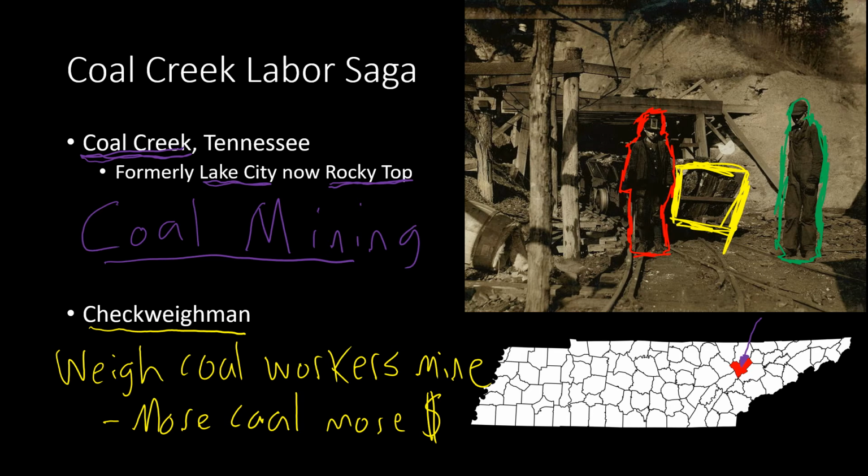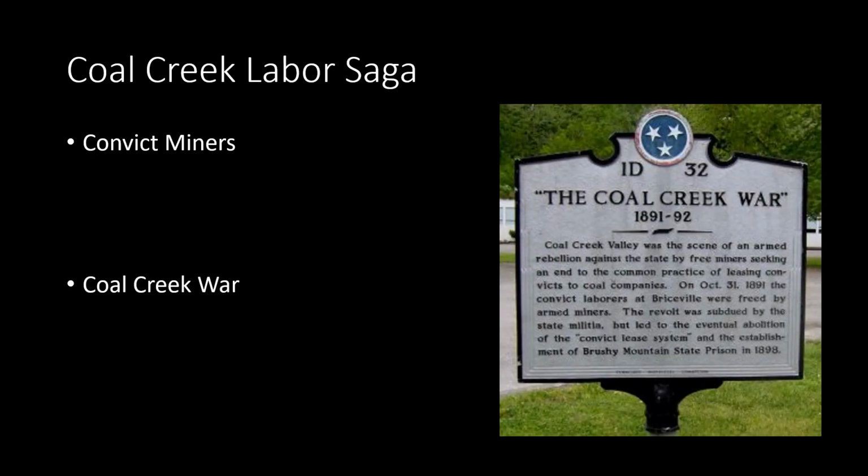Well, so they choose their own check weighman. This works for about a week. And the company realizes, oh crap, this isn't good. We need to hire our own check weighman. That way we can start cheating the workers out of their money and we don't have to pay them as much. So shortly after allowing the workers to have their own check weighman, the company takes that right away. And you can probably guess what happens from there, you're going to get another strike. So the workers say, we are not going back to work until you let us choose our check weighman once again. So for a couple months, the miners are on strike. They're refusing to go back to work. So the owners of the mine are, in the meantime, losing money like crazy. Nobody's mining their coal. They've got a problem.